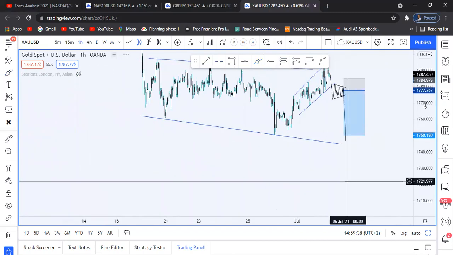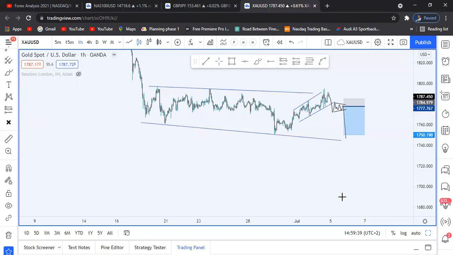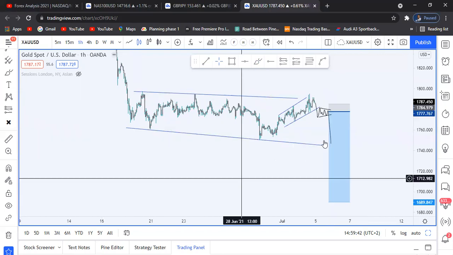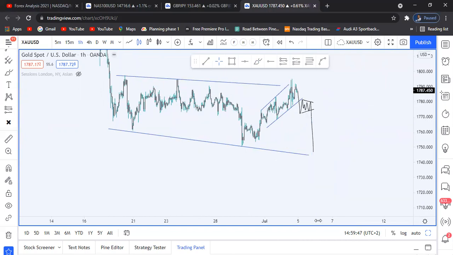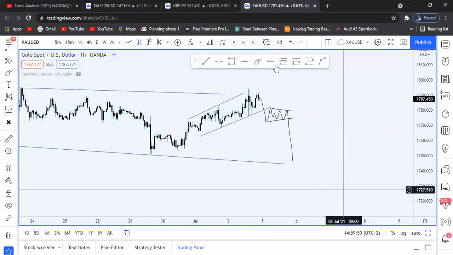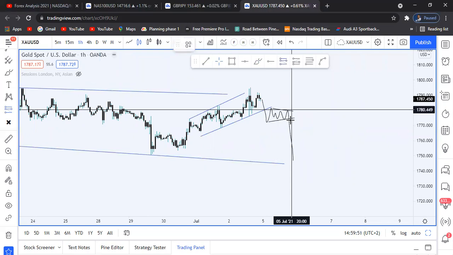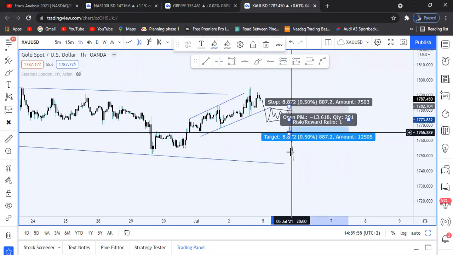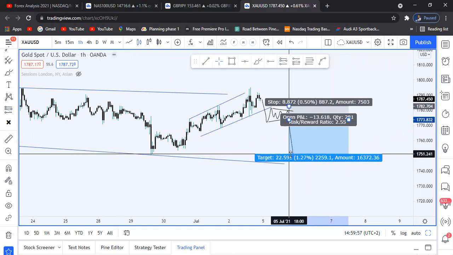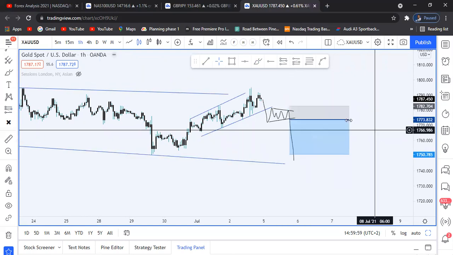But overall structure, you know, guys, we're still looking for gold to continue shooting to the downside to make the double bottom formation. Another entry that I'm looking at here is what we call a reduced risk entry. For a reduced risk entry, we enter at the break of this area here, and then target all the way to the downside. This is probably going to give us about 2.6%, which is so nice.